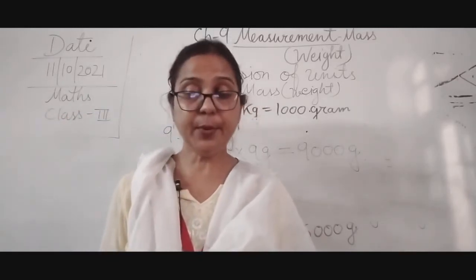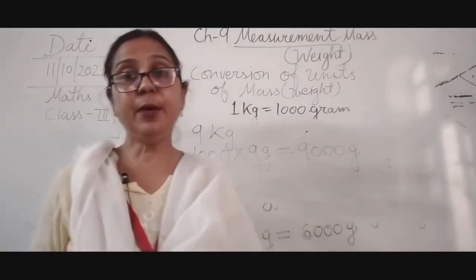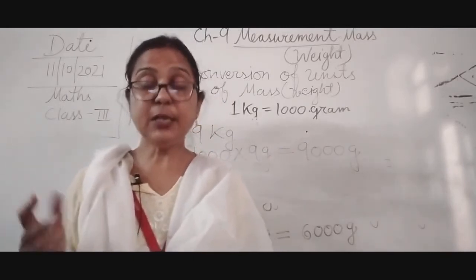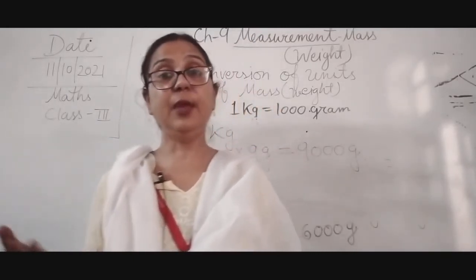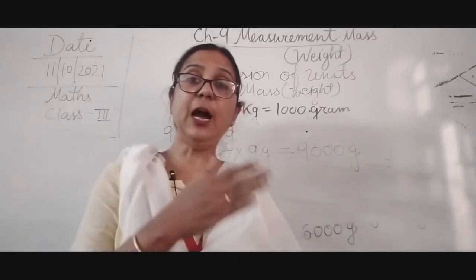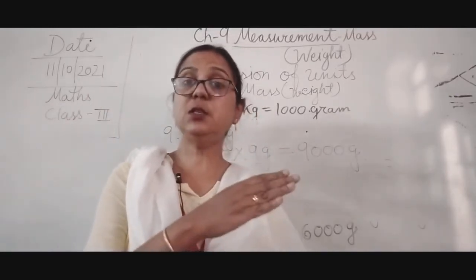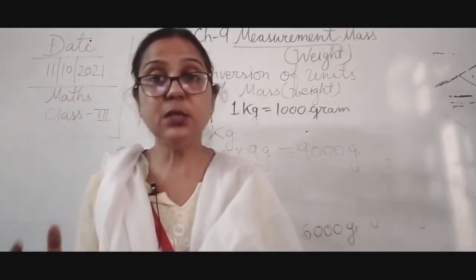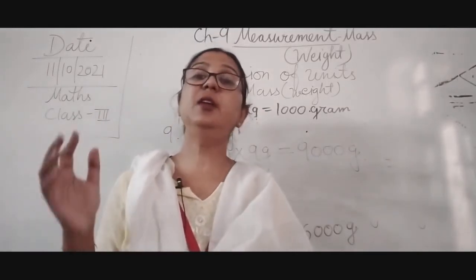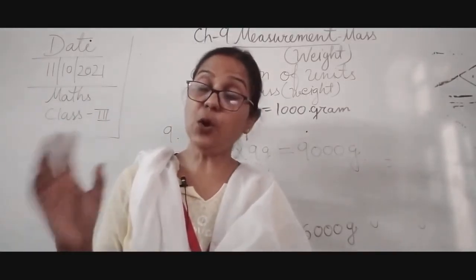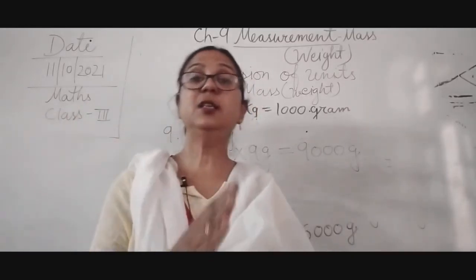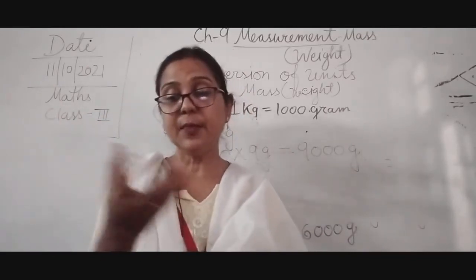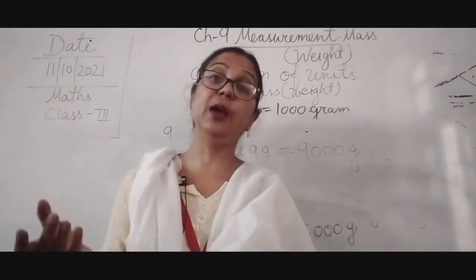So we will do 10 number, 11 number and 12 number. In 10 number, what is given over here? 3 kg and 585 grams. So it is already given in grams, 585 grams. So what we will do, children? We are going to multiply 3 by 1000 grams, we will get 3000 grams plus 585 grams given over here. When we add that, we will get this answer, that is 3585 grams.